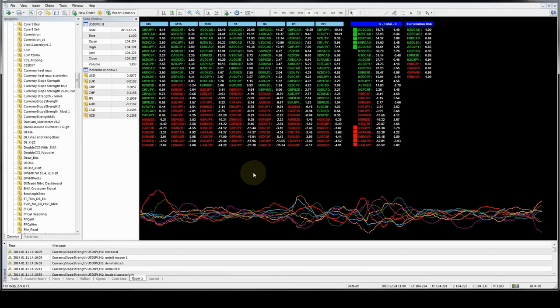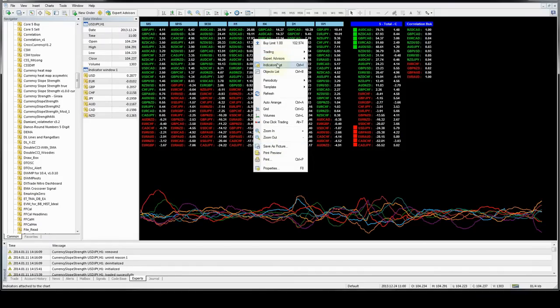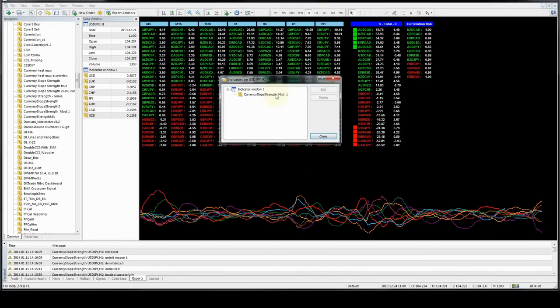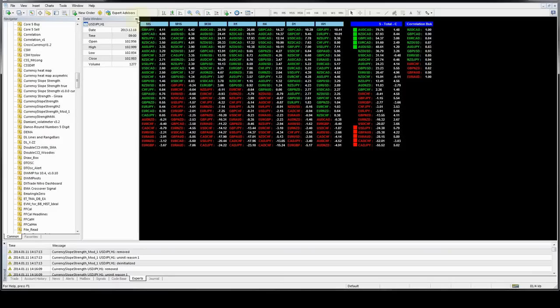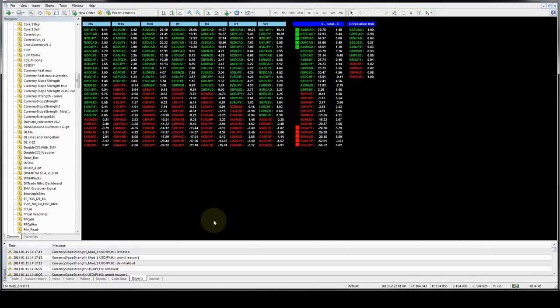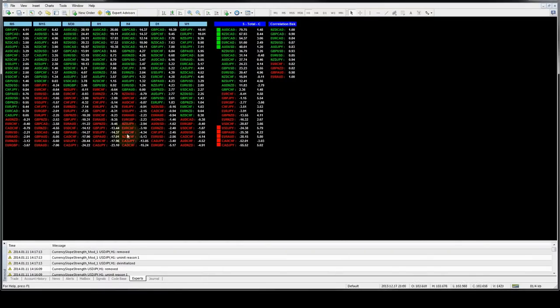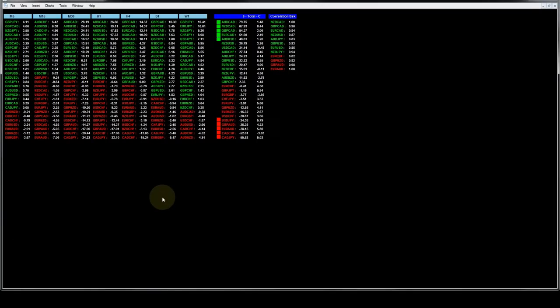So get rid of this indicator. Like I said, we don't need it on the chart. We'll just delete that, and I'll close this one down. I don't need it anymore. There's nothing else to show over here, so we can get rid of that, and we just make this full screen. Okay, so now